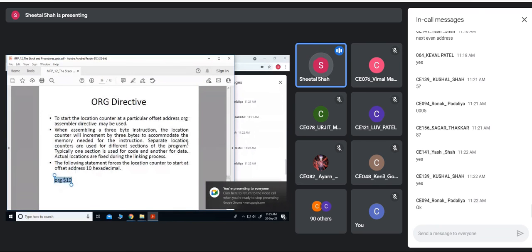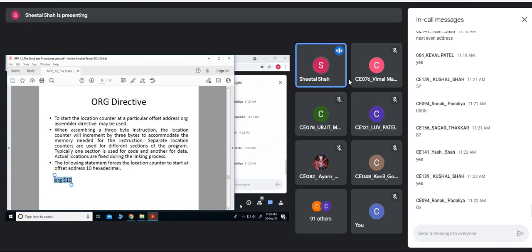Fine. So these are some of the assembler directives, related to the FAR procedure, as well as the location counter that we have discussed. Now we'll try to write a simple program so that you'll come to know how to write a near procedure or a far procedure.